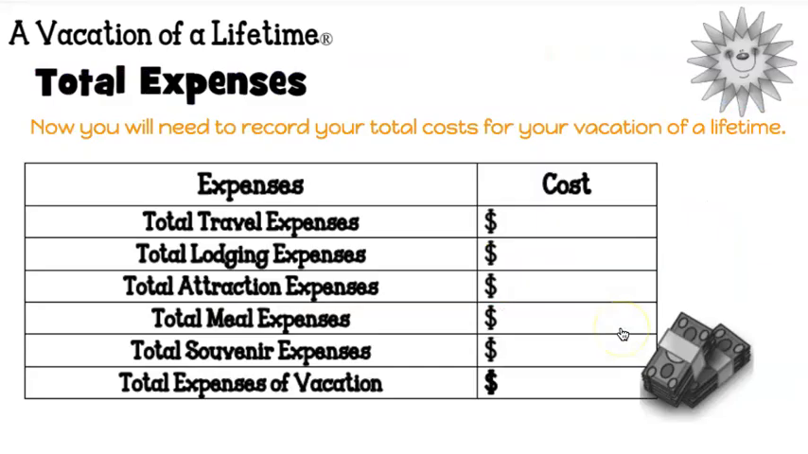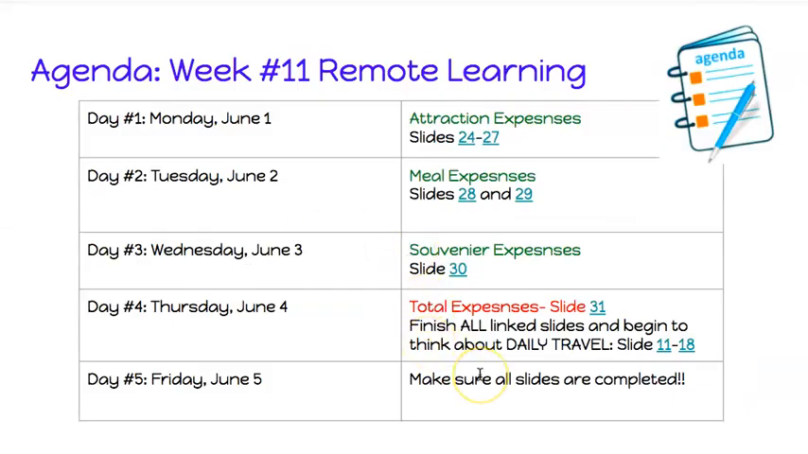On Thursday, you're going to be doing your total expenses. So you need to go back and copy your travel expenses, your lodging or hotel, your attraction expenses, your meal expenses, your souvenir, and then overall find your grand total. Remember, your grand total has to be less than $6,000 because that's all you have to spend. Okay? Friday is going to be an adjustment or catch up. If you need help, you can email me for a Google Meet, or you can just finish it up and